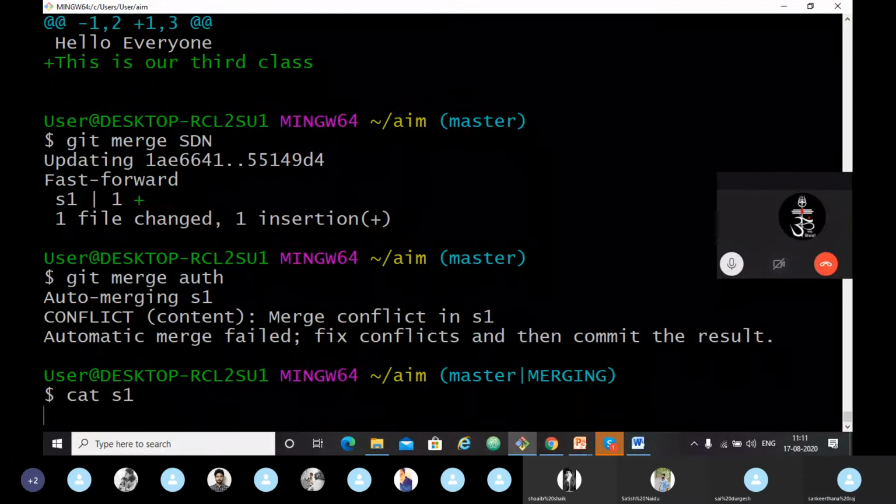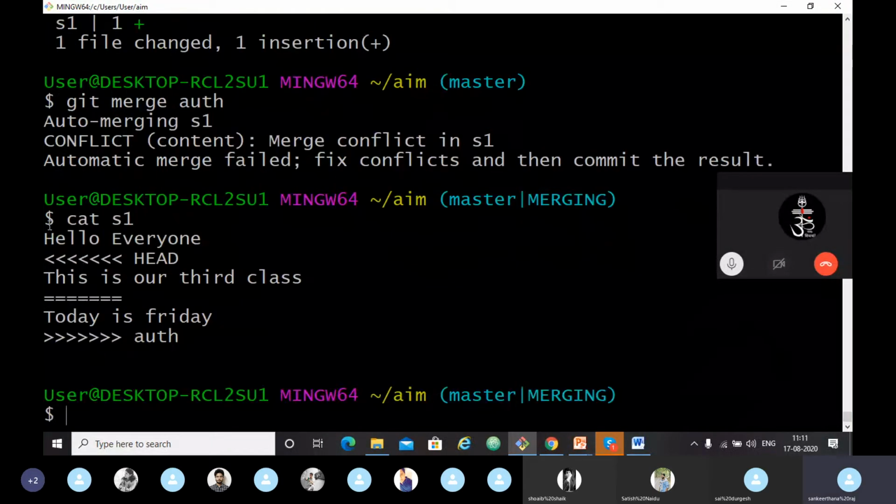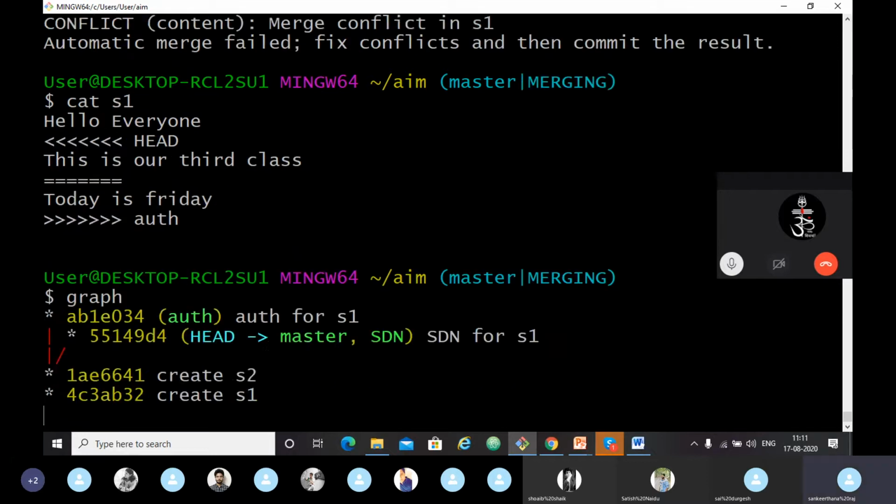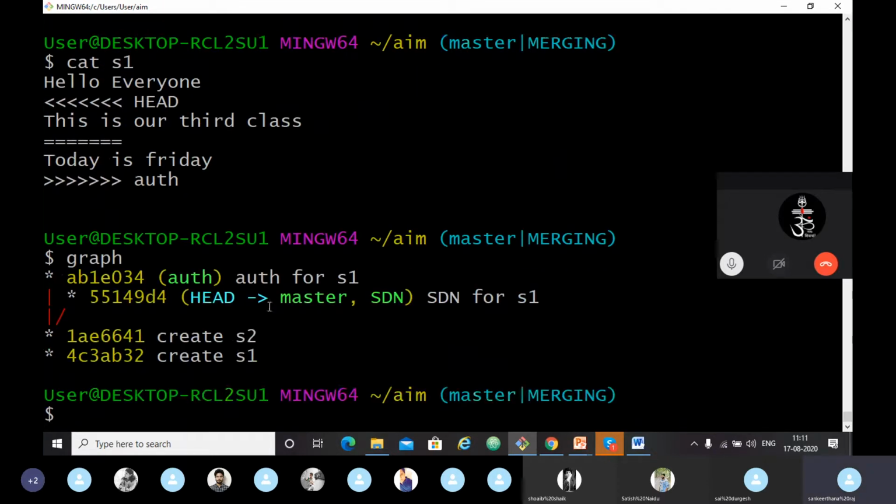See, cat shows this is the head, which means master branch. This is the auth branch. So it confirms it. Now we can see git graph. Here graph shows master is caught up with the SDN.